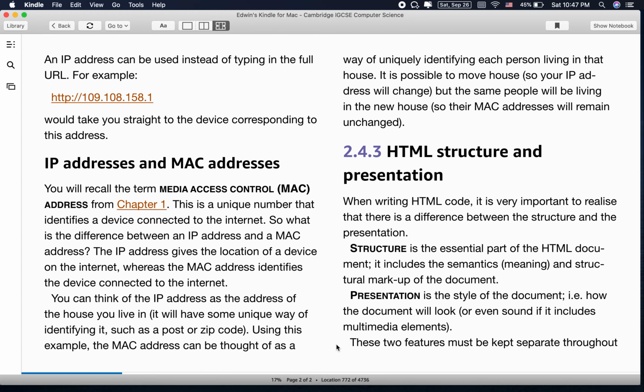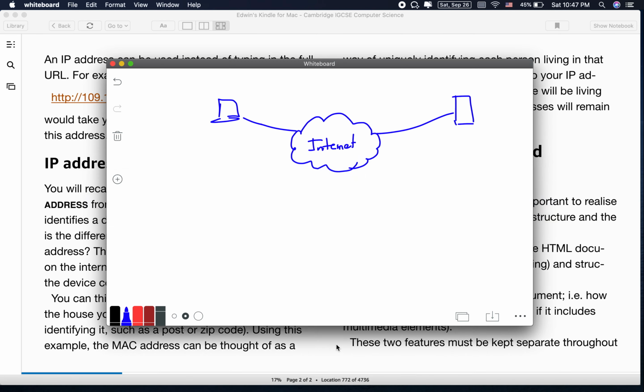So right here, what we have is a request of a web page using a web browser,